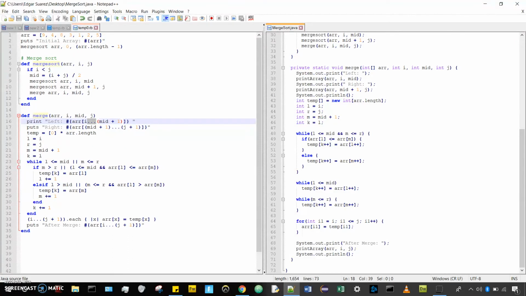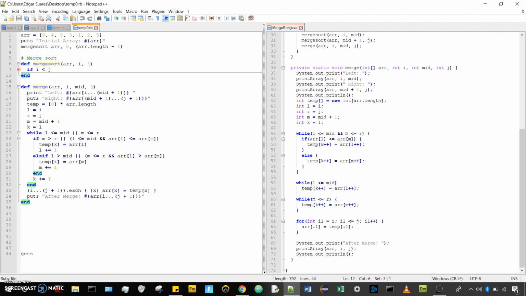The other thing that I liked about Ruby that I don't see in Java is that they use end. So at first, whenever I started programming with Ruby, it seemed a little annoying that to do a simple if statement, to just do any sort of function, you needed to add end. But then, especially as you can see on Notepad++, it helps you break it down.